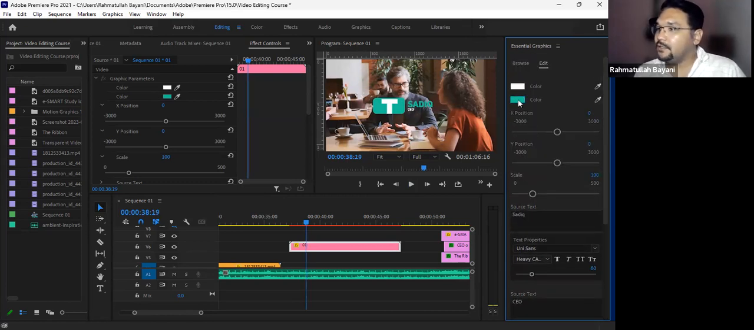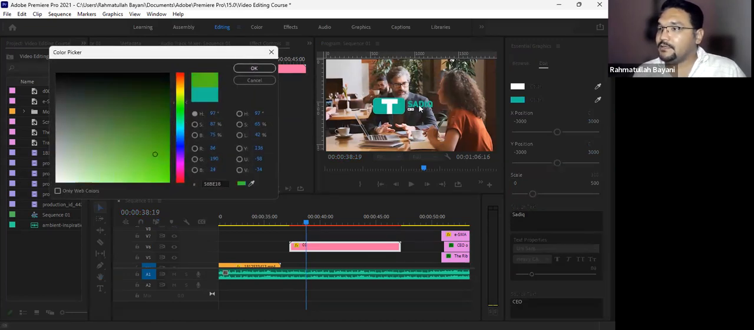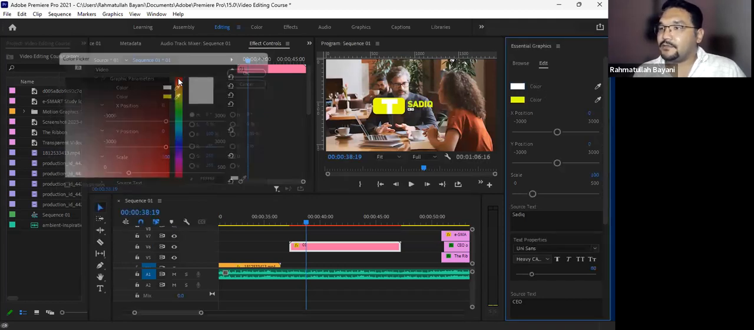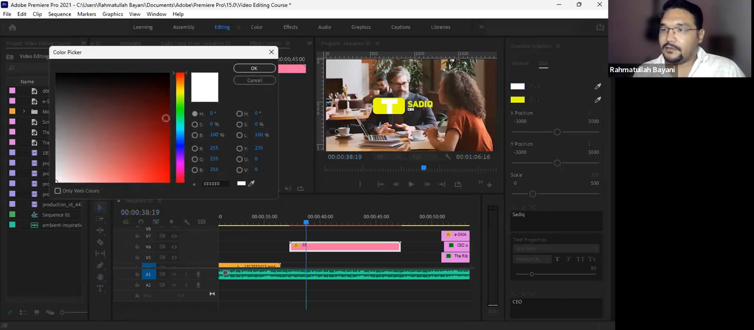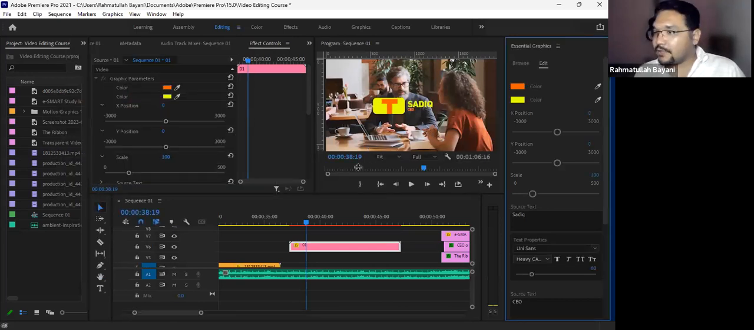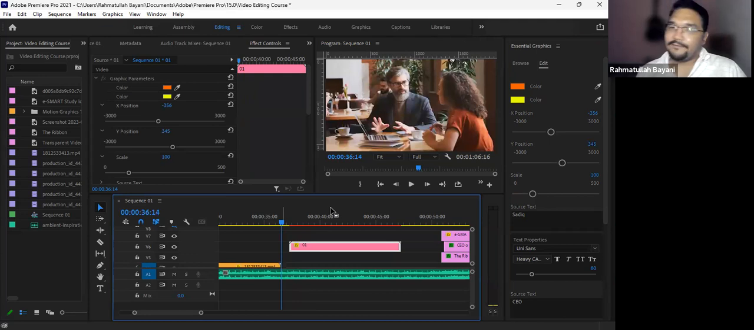I can also change the color. So for the color, I'm going to change it to yellow. As you can see, everything is changed to yellow. And for the white one, I'm saying that it should be orange. Okay, so you can see most of the text and the animations have already changed. So I am just changing the position. I'm bringing the X position to the left and the Y position a little bit lower. So I have this lower third on my video with a very good animation on my screen. Okay,